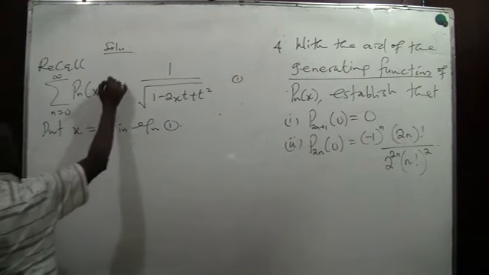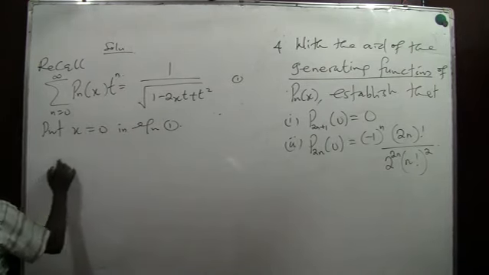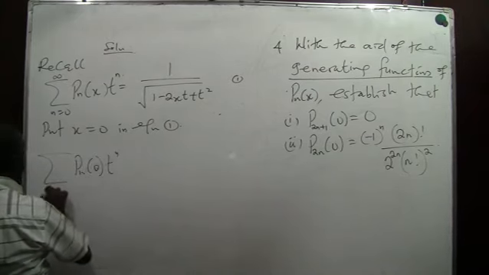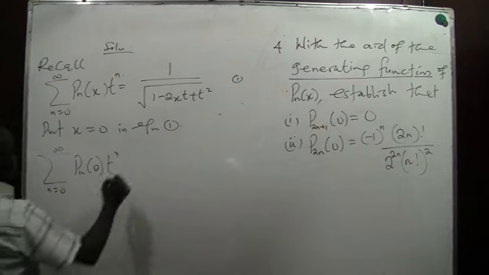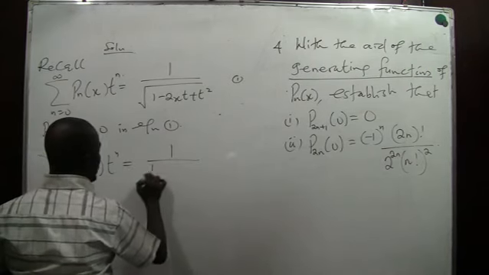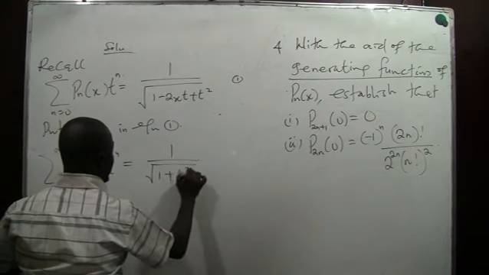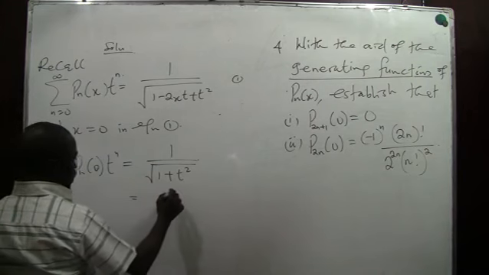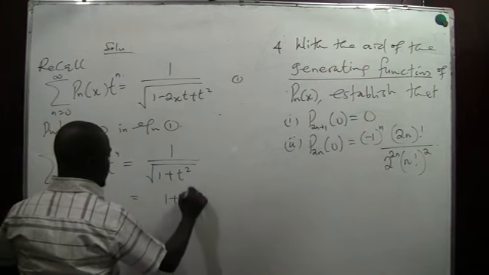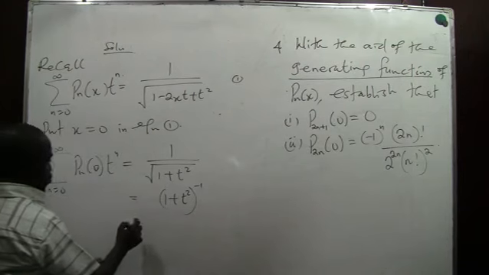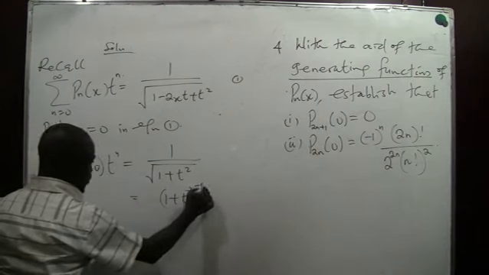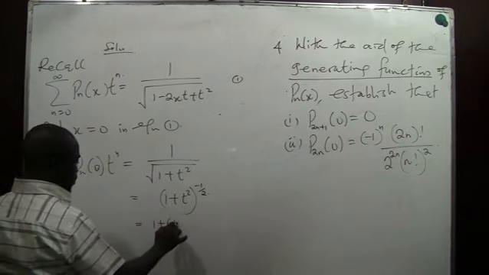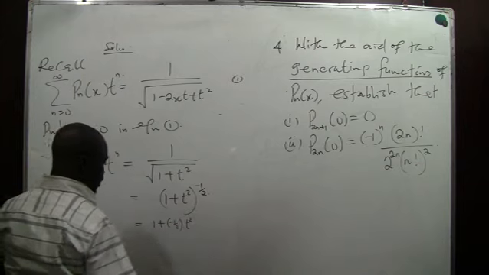In equation 1, we have t raised to the power n. We have summation Pn of 0 t raised to the power n, n from 0 to infinity, equals 1 divided by the square root of 1 plus t squared. I can write this as 1 plus t squared raised to the power minus 1, which can be written as raised to the power minus half, which can be written as 1 plus minus half t squared